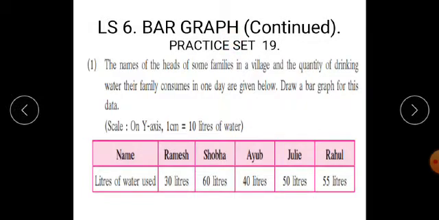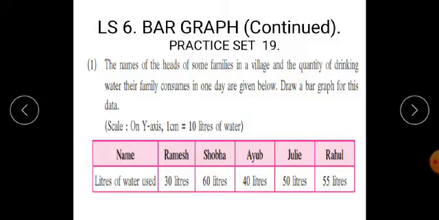Students, from this week we have started lesson number 6, that is bar graph. In this lesson we have seen pictograph. We have also seen the question and answers based on this pictograph, and we have also seen how these pictographs are informative, giving correct information about the huge numerical data. Then we have seen what is bar graph. First, we have seen what is a graph paper, and then we have seen how to draw a bar graph with the help of graph paper.